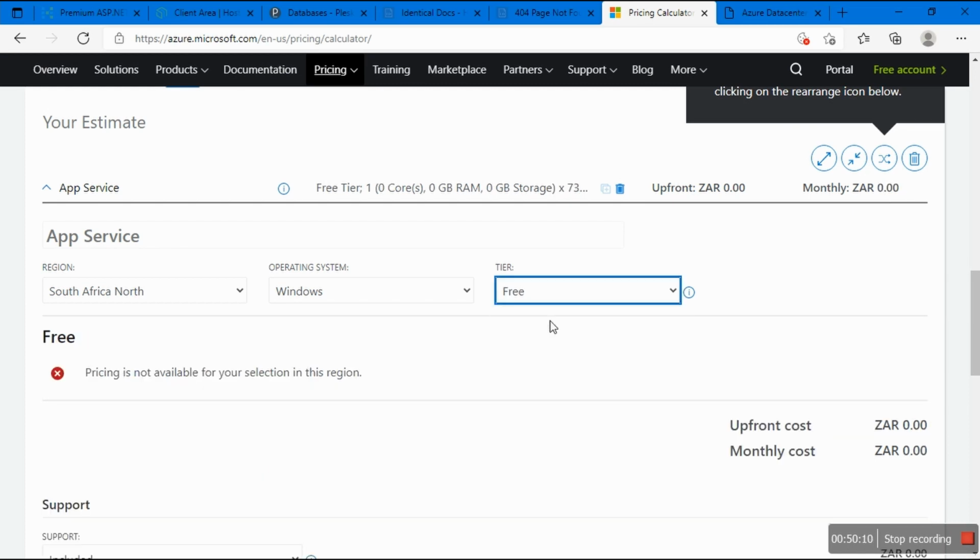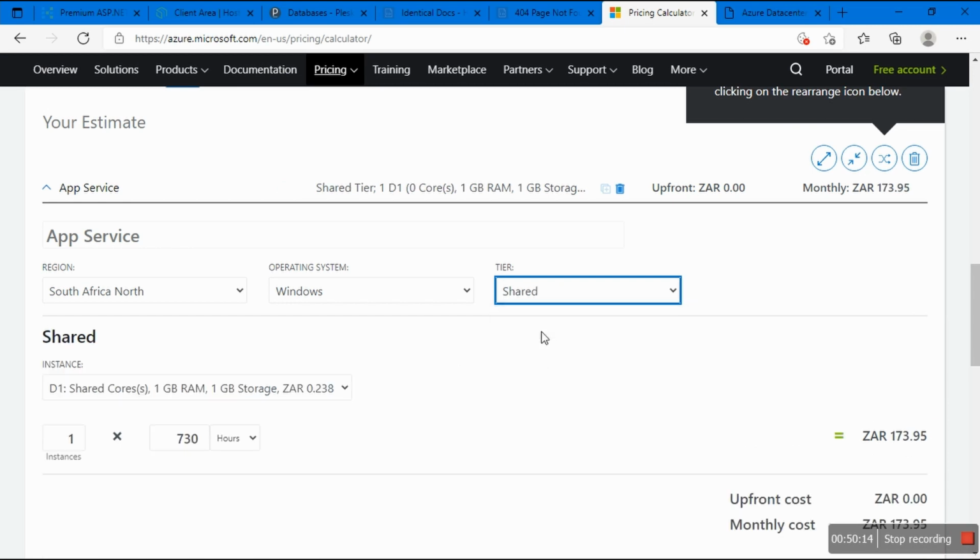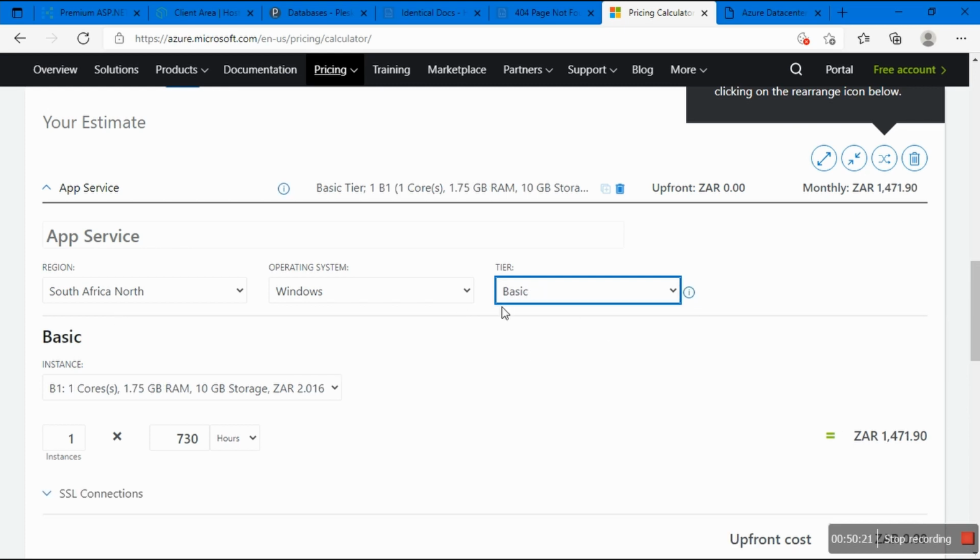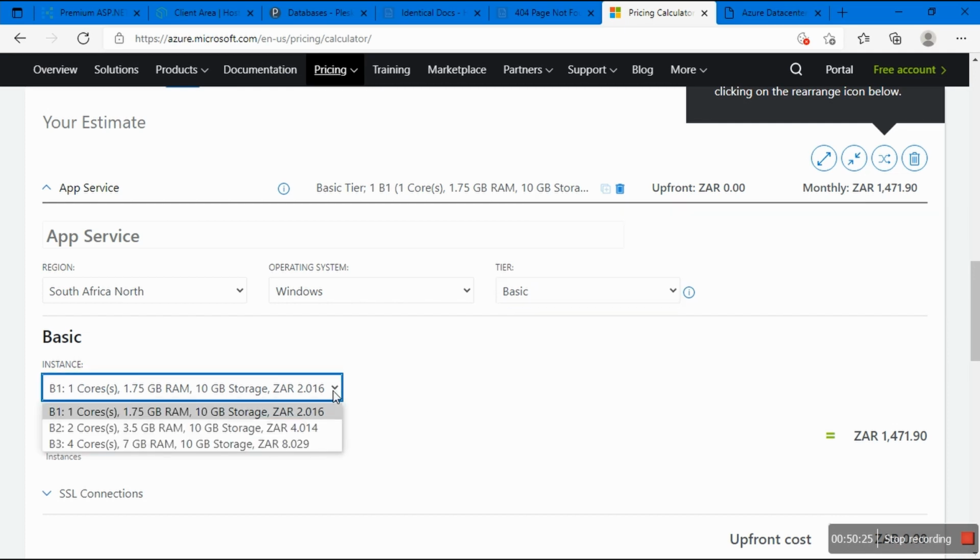Free in this region. Shared 173. Okay, in South Africa, so it doesn't matter. Basic 1400. So you get about 10 gig storage, as you can see. But you can choose if you want, but it's the cheapest.